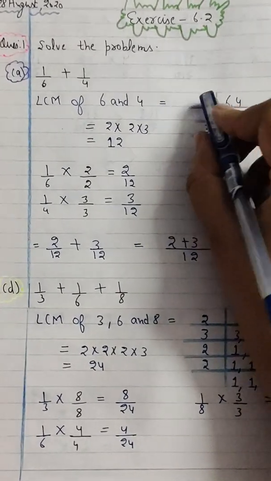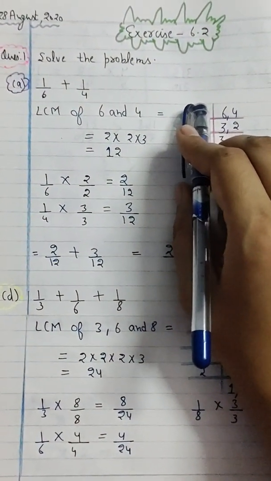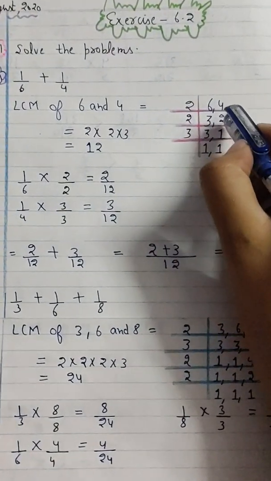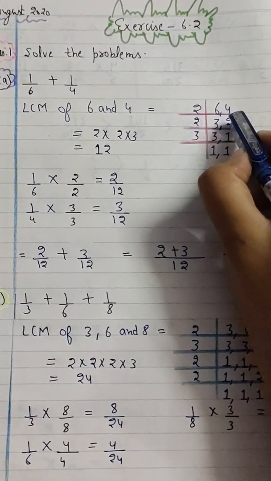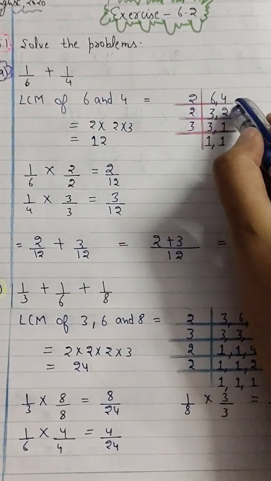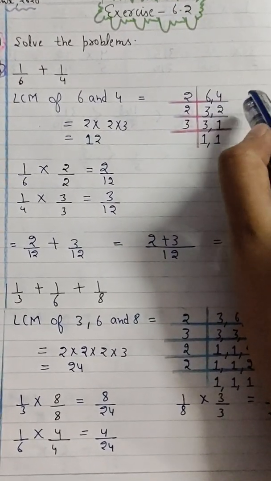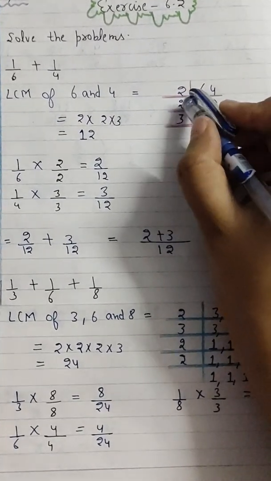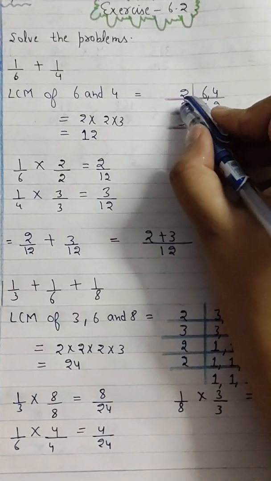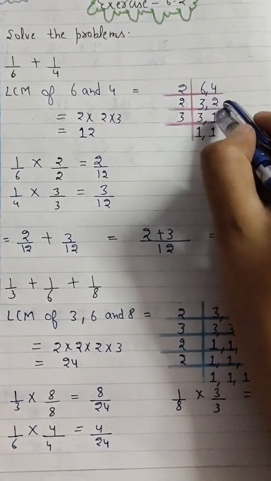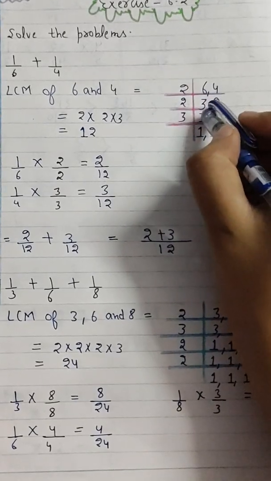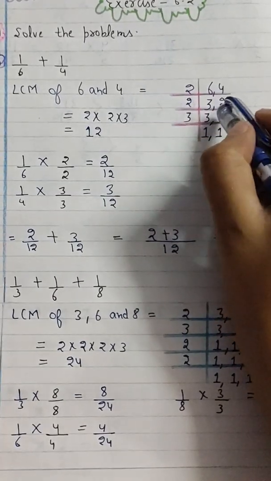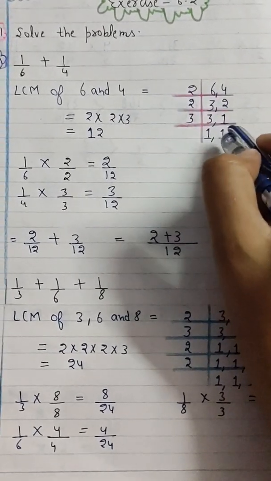We will write like this. 6 and 4 do come in the same table, that is 2. 6 comes in the table of 2 at 3 and 4 comes in the table of 2 at 2. Then, as you can see, 3 and 2 do not come in the same table, so you can take either number. These are prime numbers, so you have to take the same numbers. I have written 2, so 3 will remain the same and 2 will become 1. Then we have to divide this 3 also, so we write 3 again, because 3 is a prime number, so it will come as the same number only. Then we will get 1, 1.